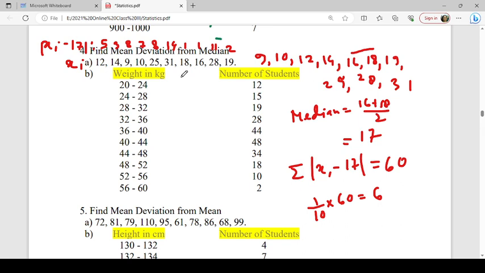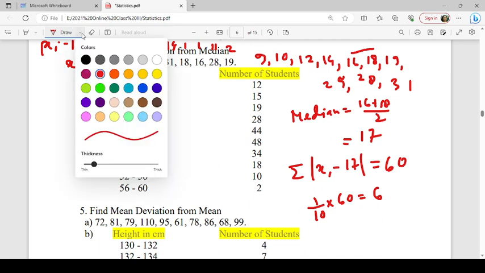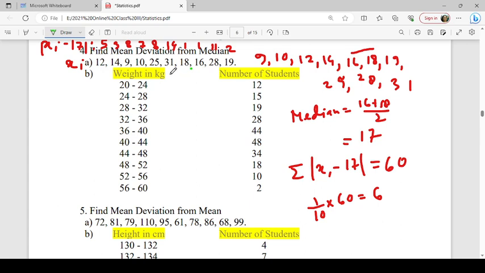Similarly, for this group data, we need less than CF, because we need to find median. So less than CF. So less than 24, it is 12. Less than 28 it is 27. Less than 32 it is 27 plus 19, it is 46. Then less than 36 it is